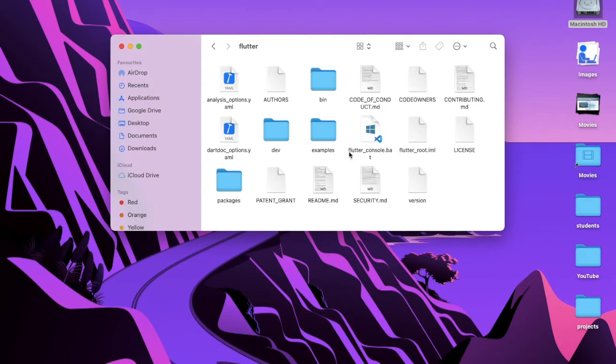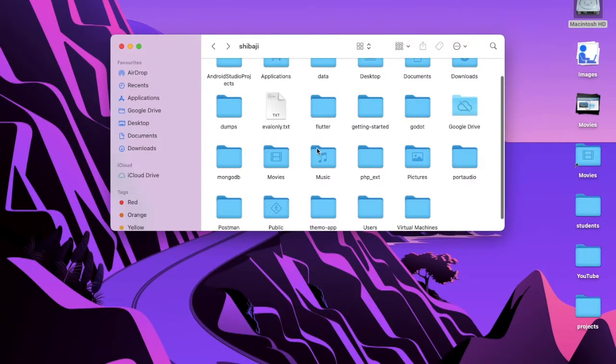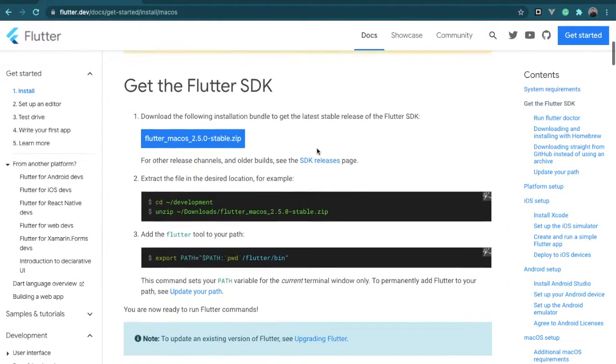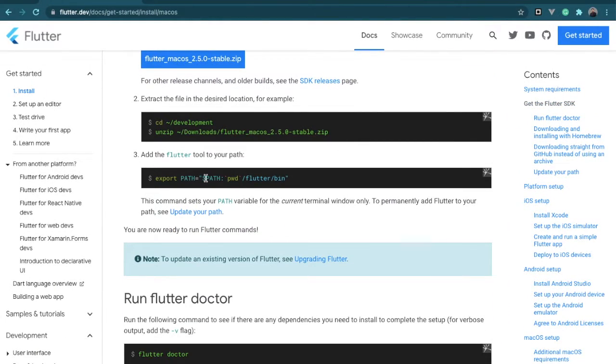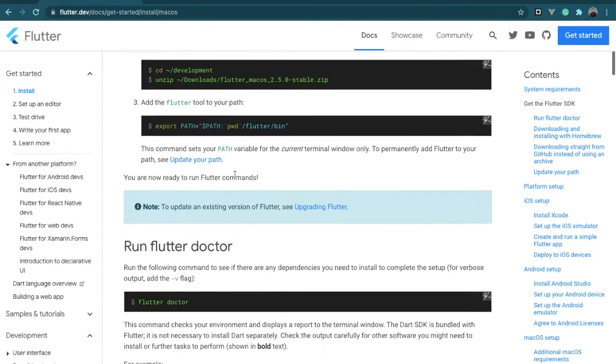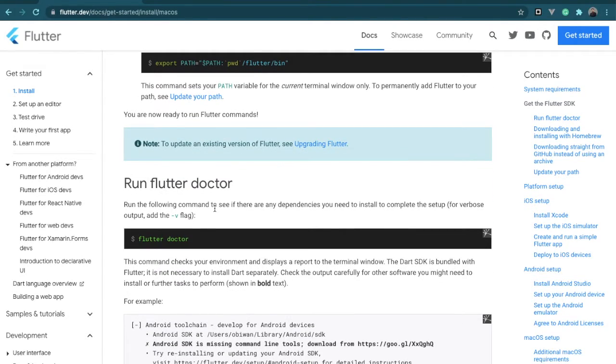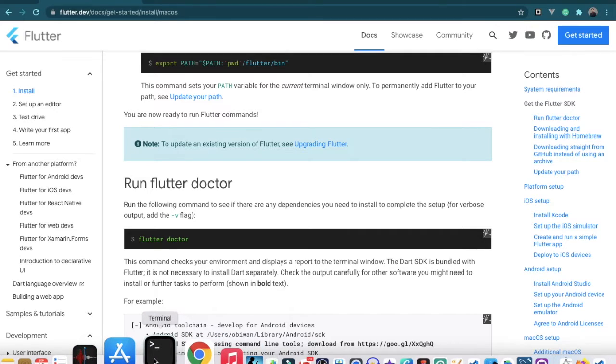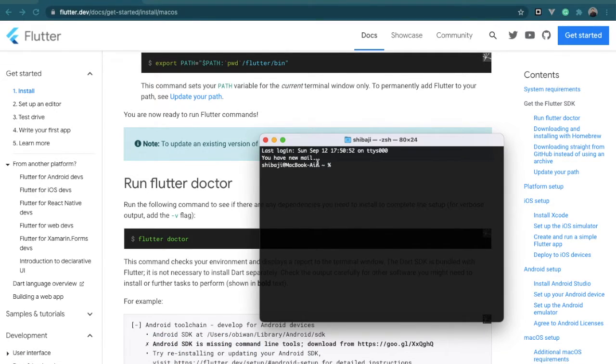Actually, it is our environment folder for Flutter app development, and after setting it up, I set up the environment using this type of process. Once it is installed, we can open the terminal for Linux or Mac and then run flutter